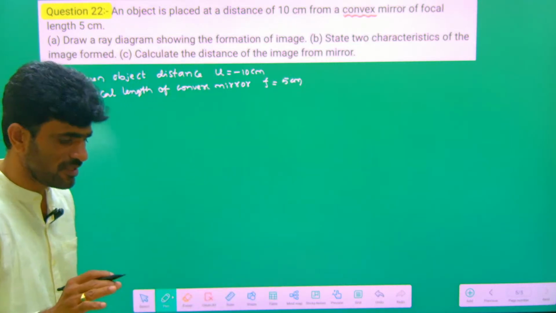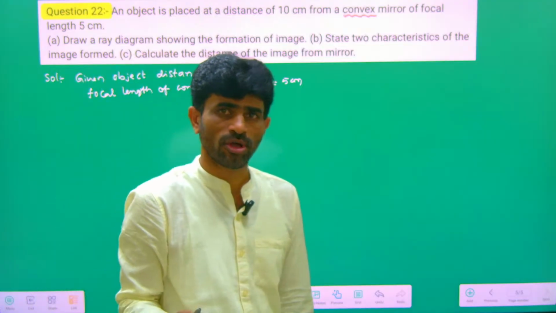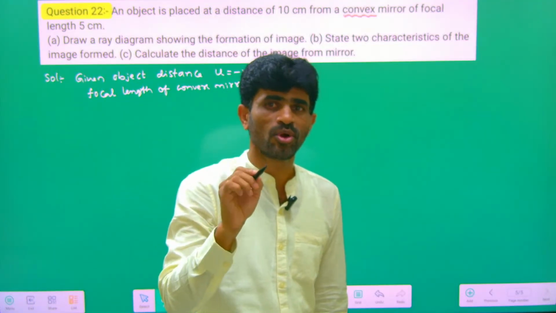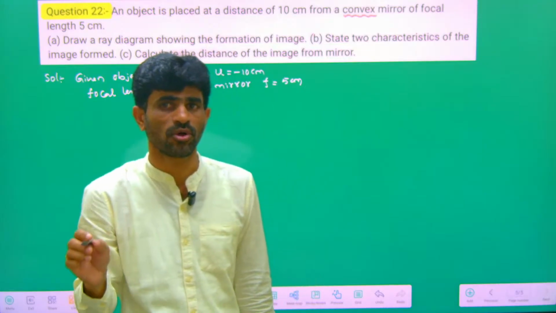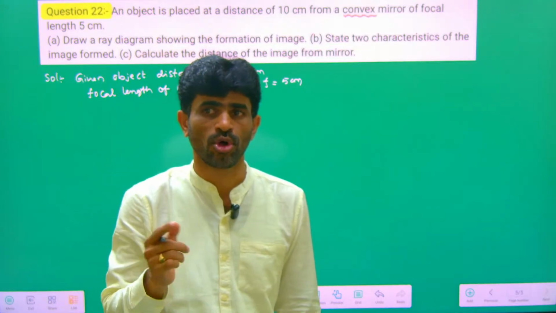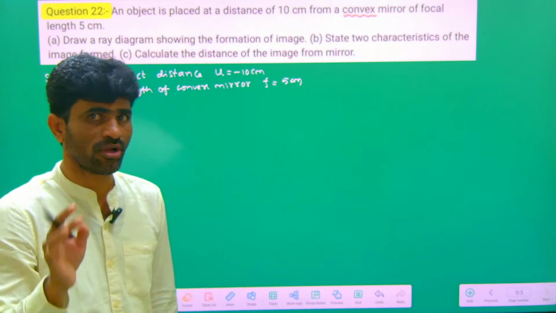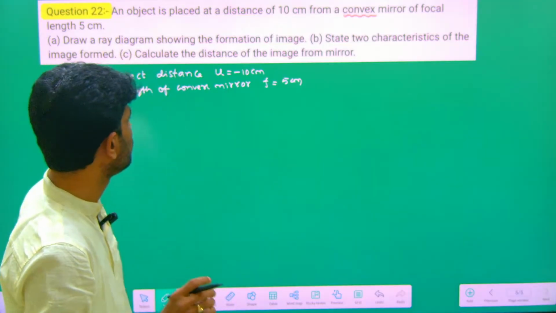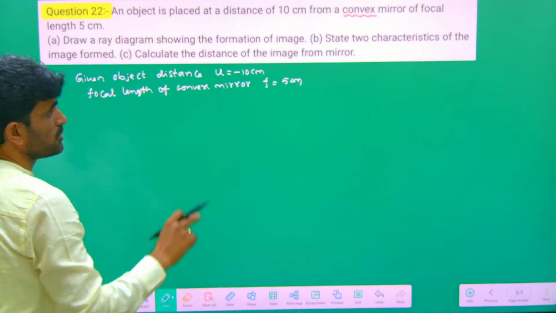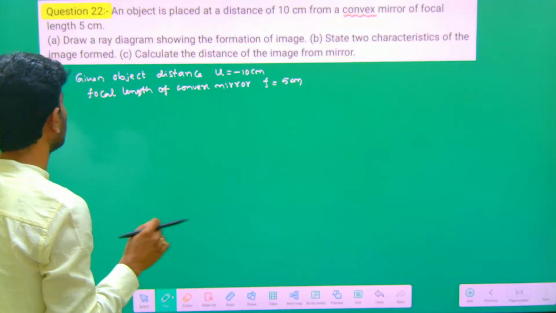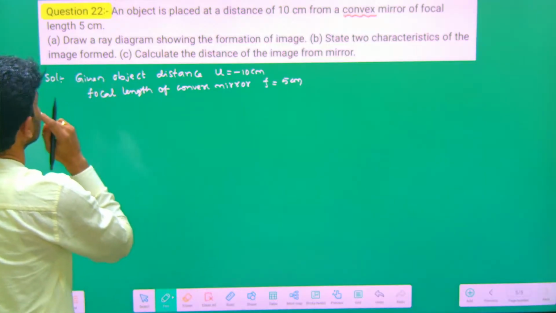This is very important. I see most of the students do the problem correctly, only because they do not read the question properly, convex or concave, they take that symbol wrong. If you take that minus or plus wrong, your entire solution will be wrong. So be careful while you are taking the values, which is positive, which is negative. Now, they are asking to draw the ray